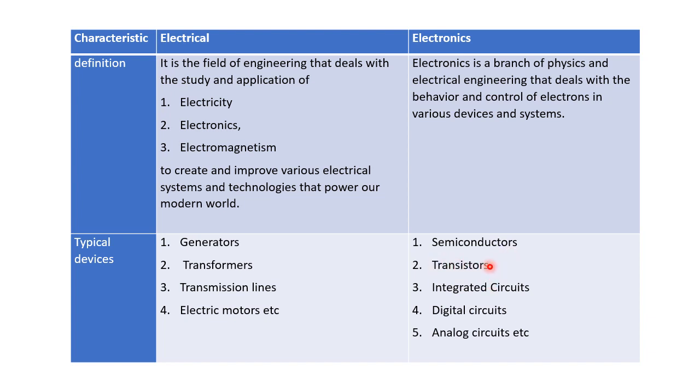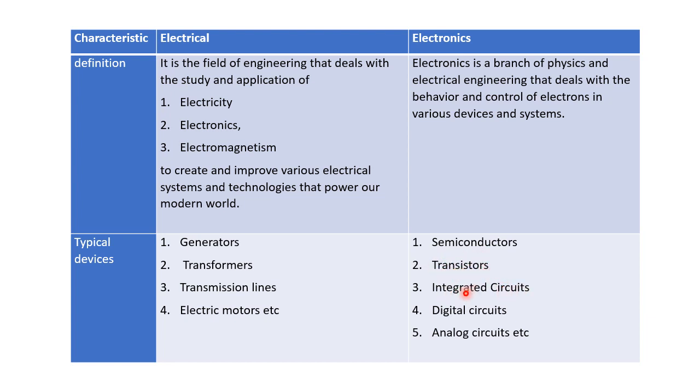Basically, transistors are used for two purposes. One is to amplify the signal, that is, to increase the strength of the signal, and the other is as a switch to turn the signal on and off. Even if it seems like only these two operations, all modern electronics is based on these transistors only. Like in smartphones, computers, every complex network is made up of a large number of transistors.